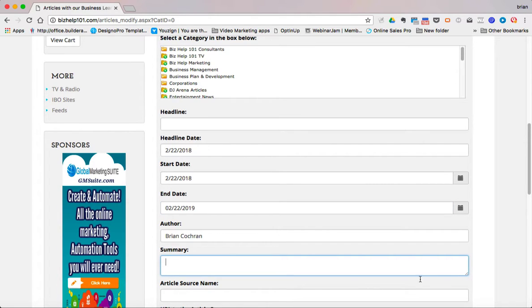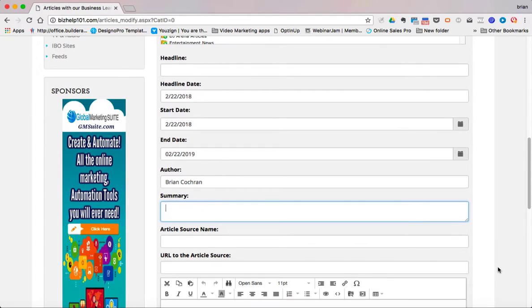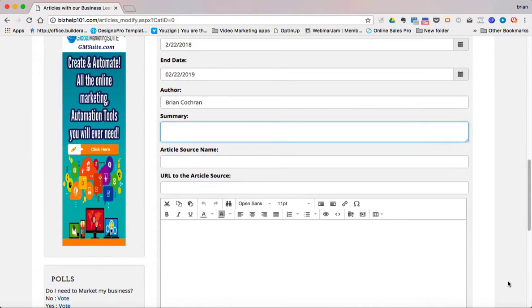You put a short description in this area. Then, article source. Say for instance you got the information from an article on another website, you can put the name there as well as the URL where you got the information. That way, one, they can get the credit for it, and you're able to use it for backlink purposes. And then from there, it goes straight